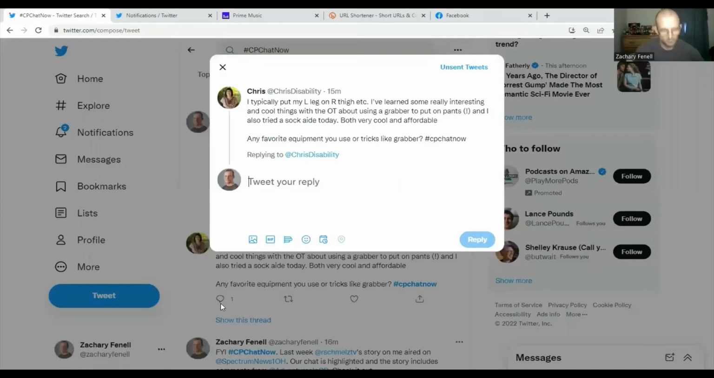Now that you are in the thread for the latest of the tweets for the hashtag that is a part of the Twitter chat you're participating in, so for this it is CP Chat Now, I found a tweet I wanted to reply to, and so I hit the reply button, and now I'm typing out my reply to Chris. She made a mention about some OT stuff, and I am replying to her with